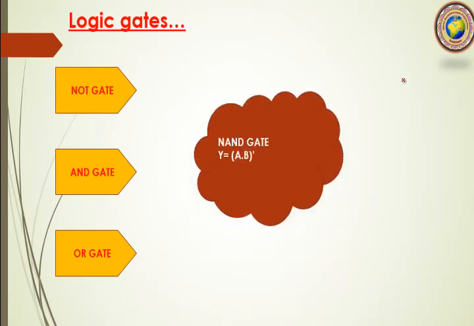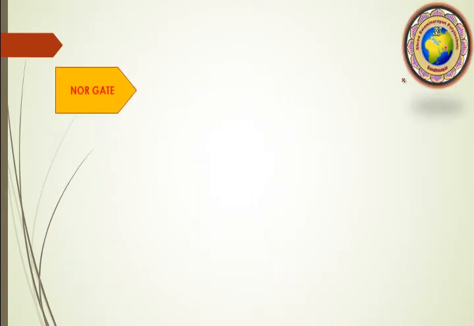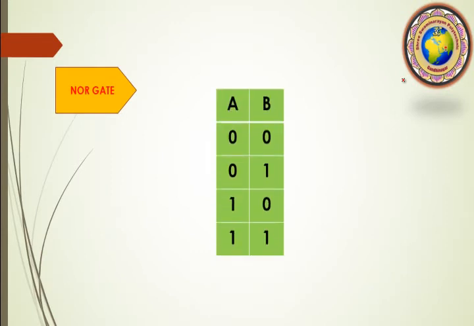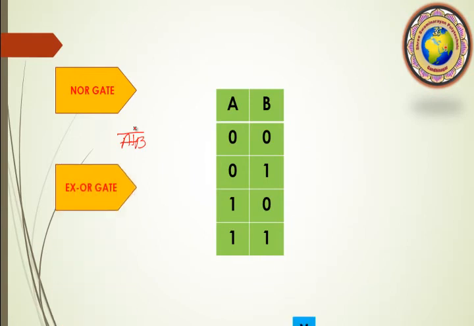And now we want to prove that the NAND gate is a universal gate. Here NAND gate y is equal to A dot B bar, and its output truth table is 1 1 1 0. So we have to convert this NAND gate into the three gates in a universal mode. In the same way the NOR gate, if the input is 0 0, 0 1, 1 0 and 1 1, the output will be 1 0 0 0. So here NOR gate, as we know, is A plus B bar, and then the XOR gate, the output is 0 1 1 0.